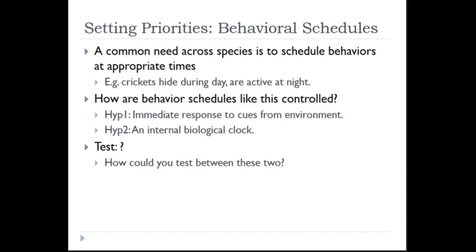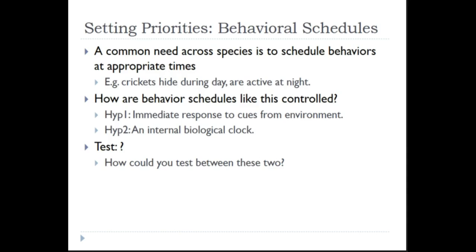Yeah, so if they're responding to cues from the environment, which is one of the hypotheses, then we remove all cues from the environment: always dark, steady temperature, ideally no changes in noise. To some extent it becomes very hard to do these kinds of studies and remove all cues, but certainly removing all light cues is pretty easy to do. You just leave them in the light all the time or leave them in the darkness all the time. And then you see what happens.